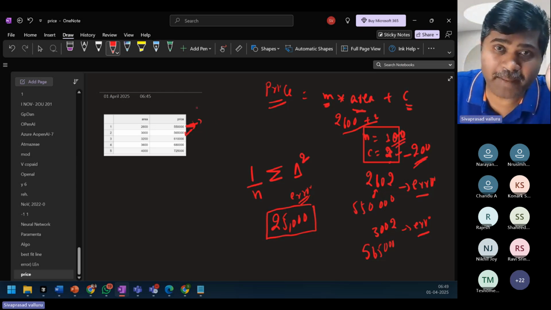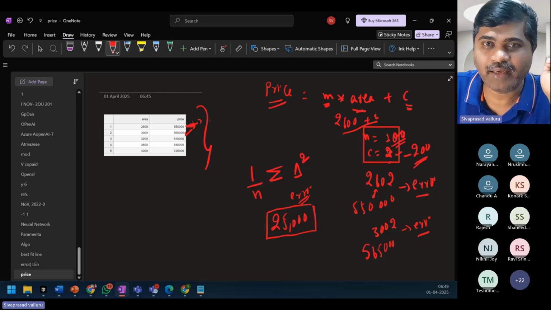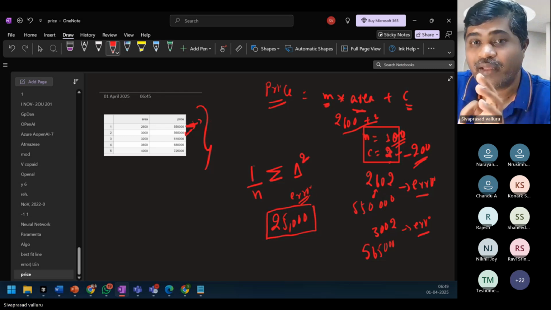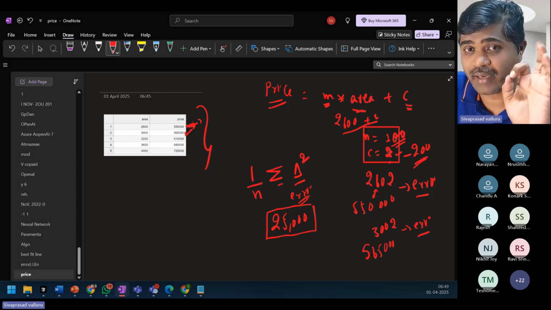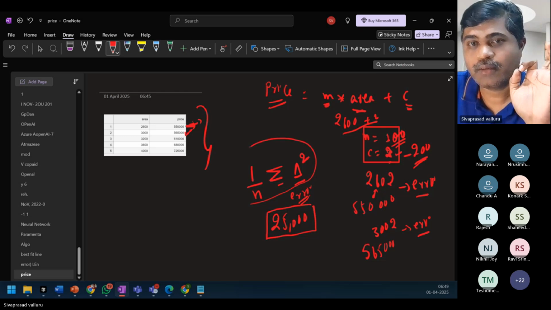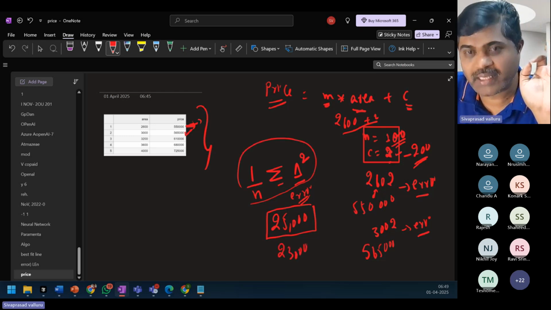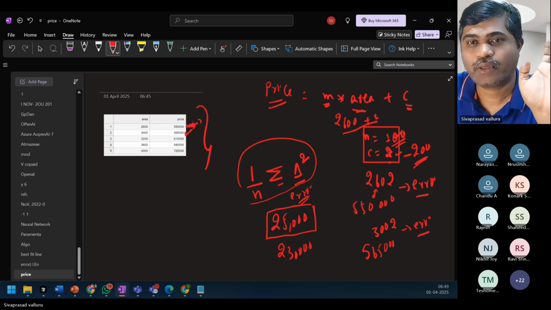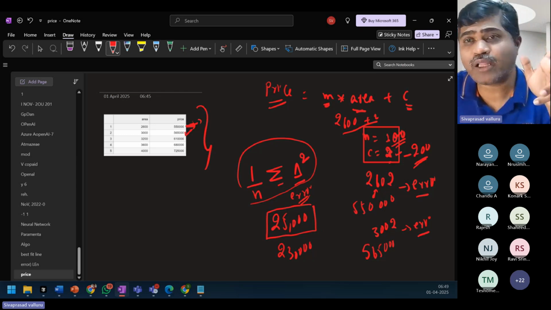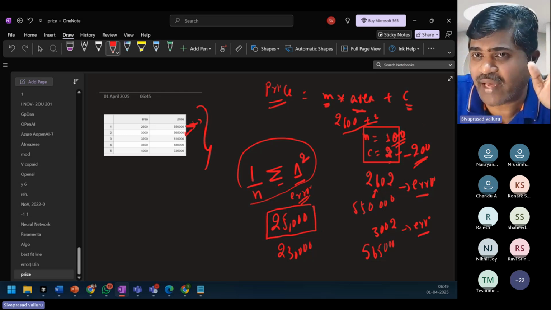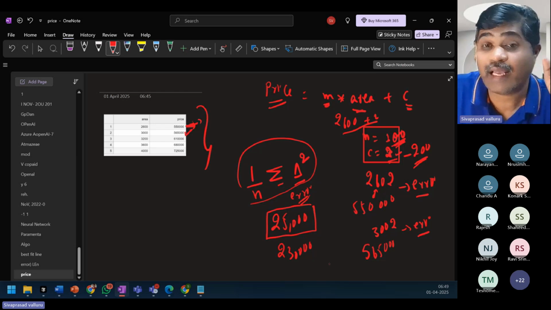Let's assume that the algorithm adjusted m as 100 and c as minus 200, for example. Then redo the same process for each and every line: calculate the error, square it, sum it, divide by n. Now maybe the error is 23,000, for example.